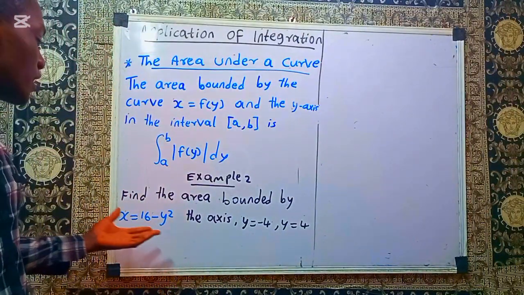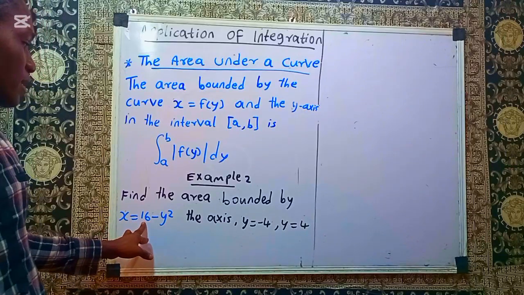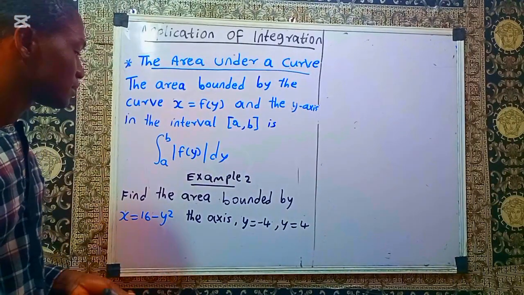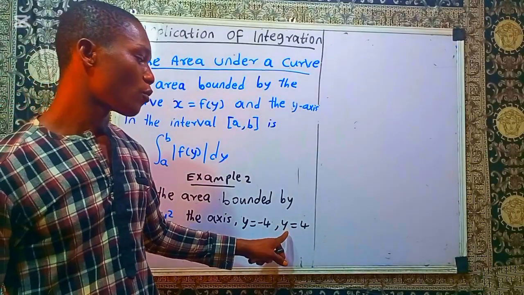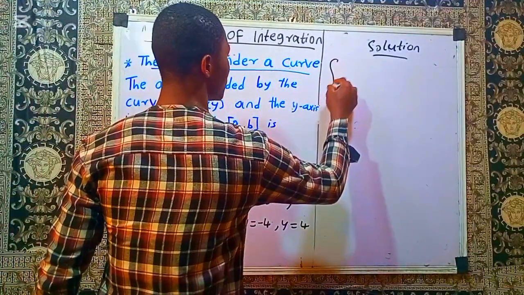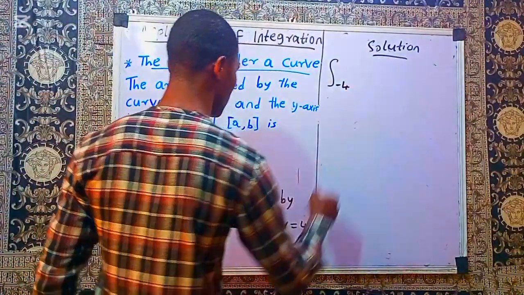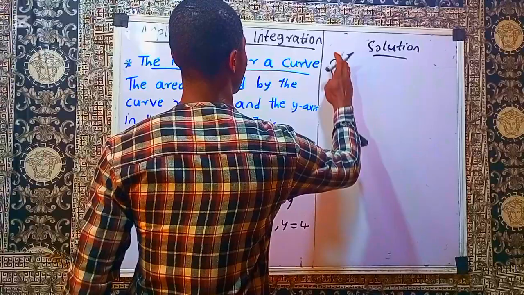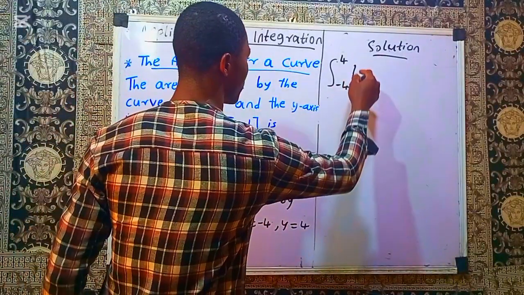So in this example too, they ask us to find the area bounded by x is equal to 16 minus y raised to power 2, the axis y is equal to minus 4 and y is equal to 4. Formula says integral from a to b, that will be integral from a is what? Minus 4, the first point of y, to b, which is what? 4, the second point of y. Then absolute value of f of y